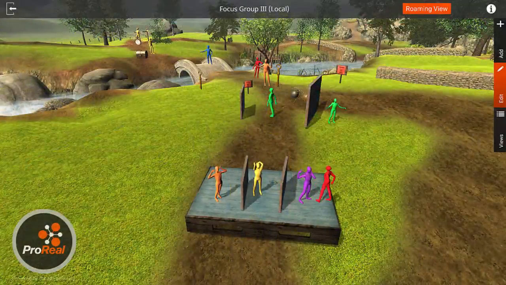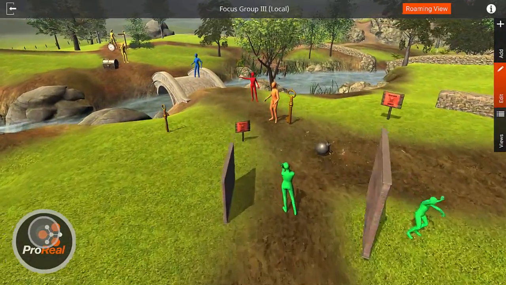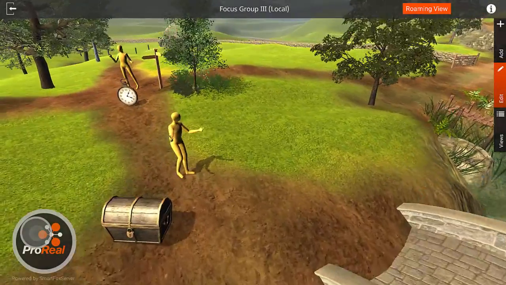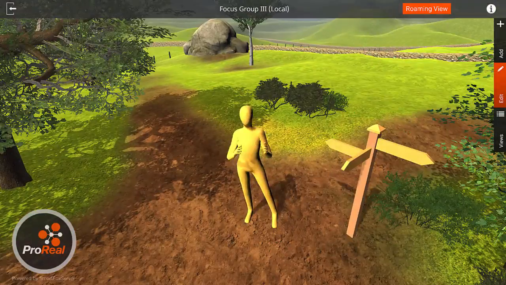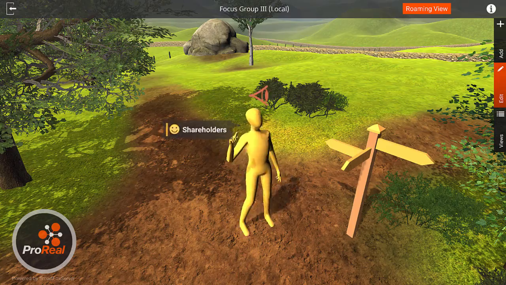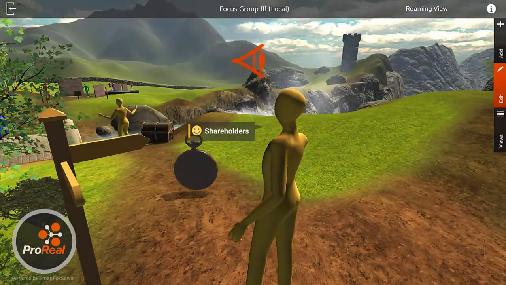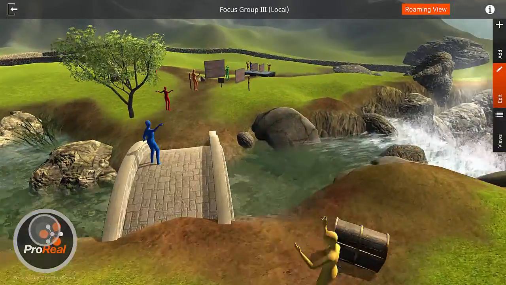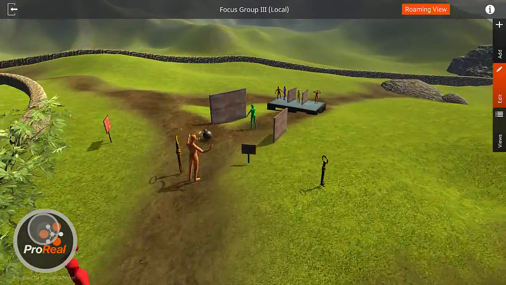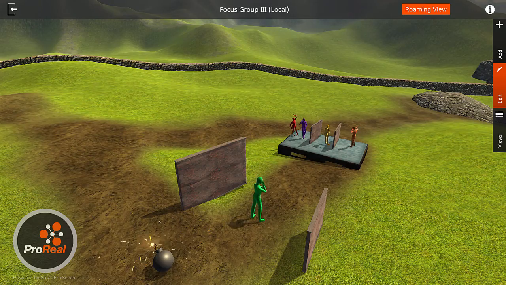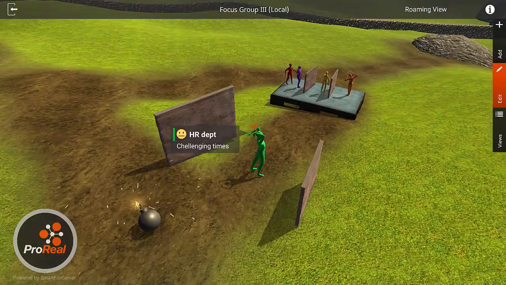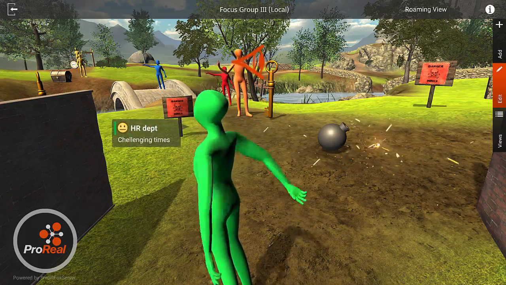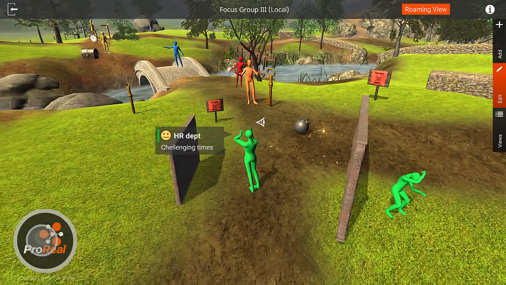And finally, the last scene was created by a team to explore how they move into the next phase of a business. The narrative comes to life through the setting up of stakeholders and symbols relating to the organization's past, present, and future. Using ProReal, they were able to see the journey from the perspective of different stakeholders, as well as standing in the future and looking back. The co-creation of the scene gave everyone involved a highly memorable visual reference.